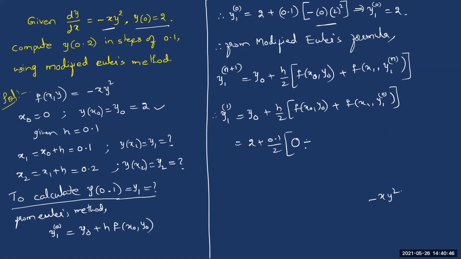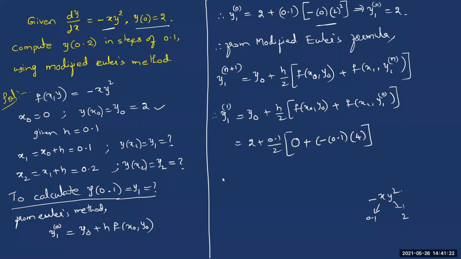And then in this term, you now need to substitute x is equal to x1. What is x1? x1 is 0.1. So here you are going to substitute x is equal to 0.1. And how about y? In place of y, we need to substitute y1 0. How much is it? 2. So here in place of y, you are going to substitute 2. So let me do that. We'll get it like this. You see, minus 0.1 into y1 0 whole square. We have y square, right? That's how it is. 2 square, we'll get it as 4. So let me simplify this.